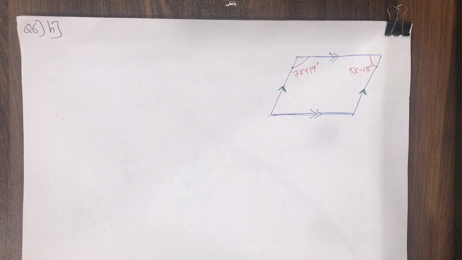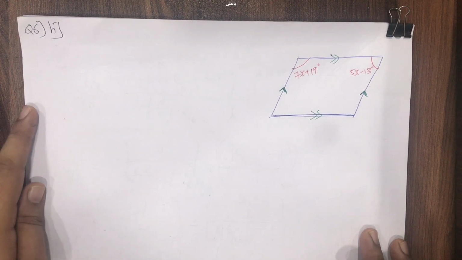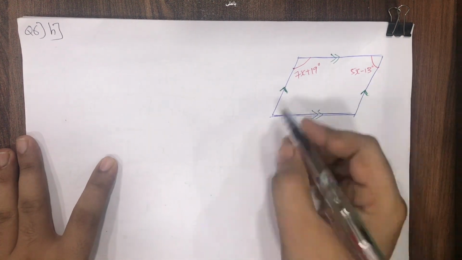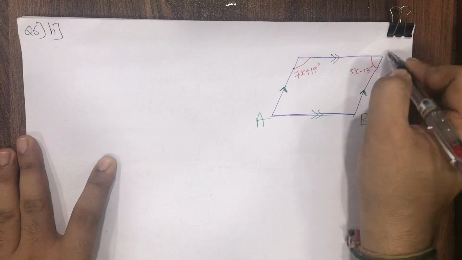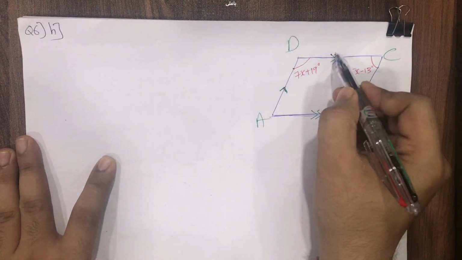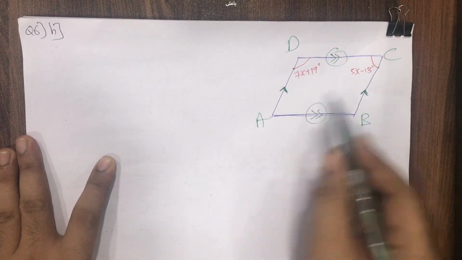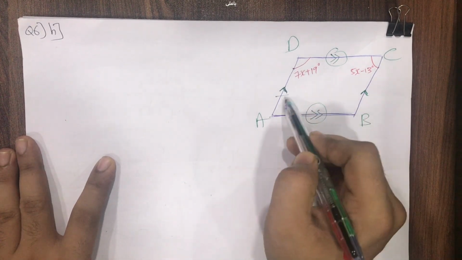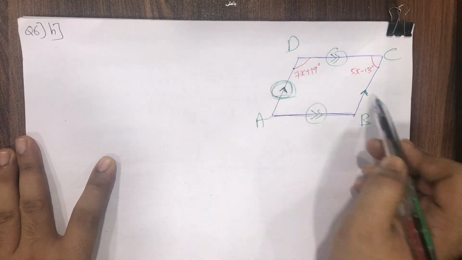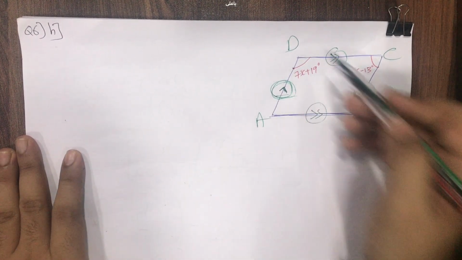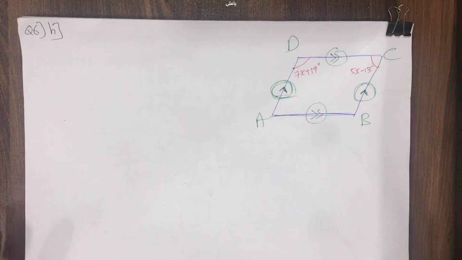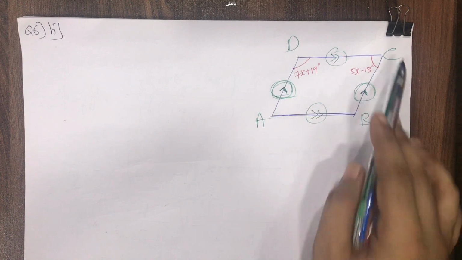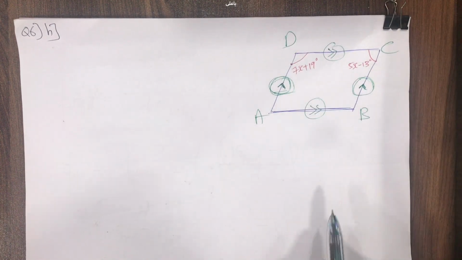Students, now the last question of this session, please. It's clearly mentioned to us over here that this is a quadrilateral. Let's name it A, B, C and D. Here 2 arrows and here 2 arrows. That means AB is parallel to DC. And 1 arrow over here and 1 arrow over here means AD is parallel to BC. So of course it's like a parallelogram. It's a quadrilateral, a 4-sided figure. AB is parallel to DC and AD is parallel to BC. I'm not saying it's equal, okay?